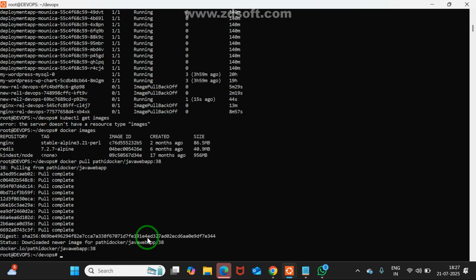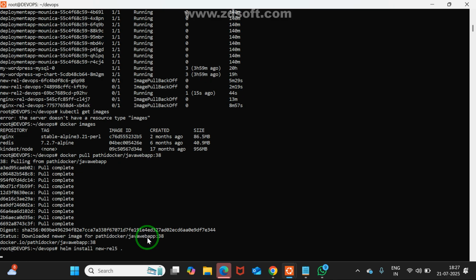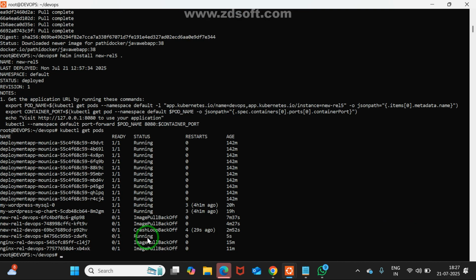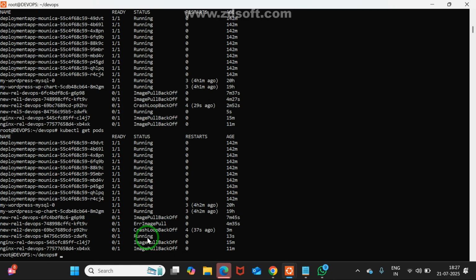No good. Again, we'll try once again. What is that? There I am giving 5. kubectl get pods. There are rel 5. Yes. We'll wait for some time to see what happens. 5 is okay, but